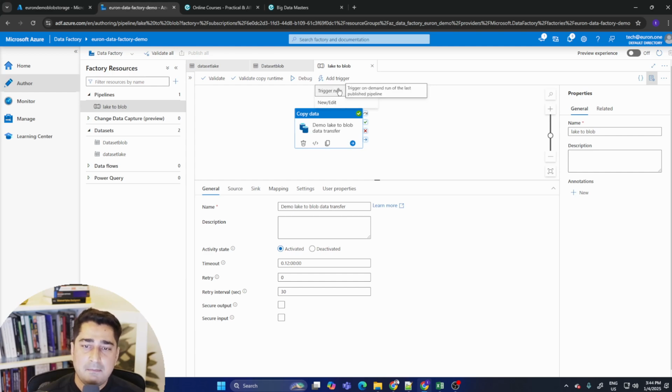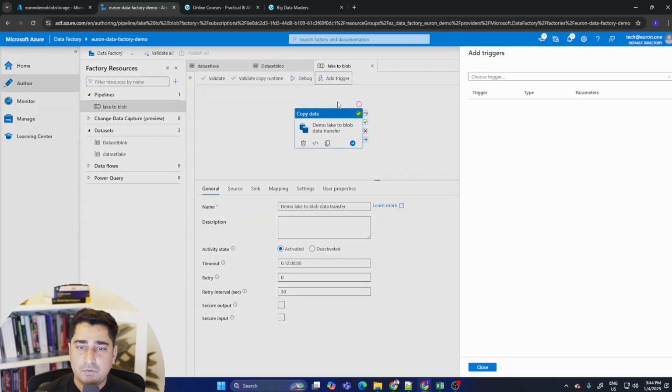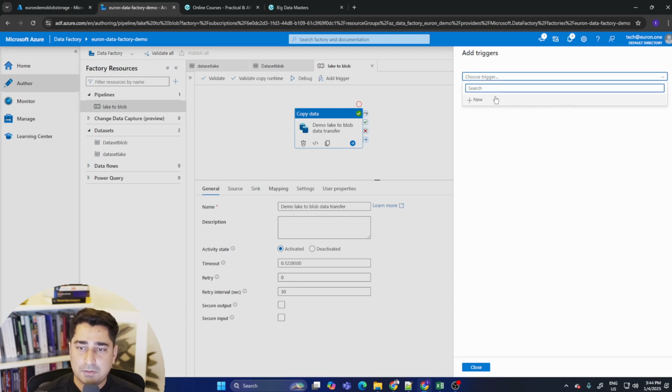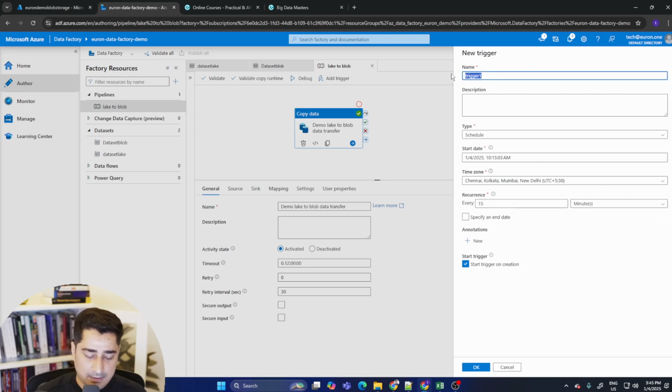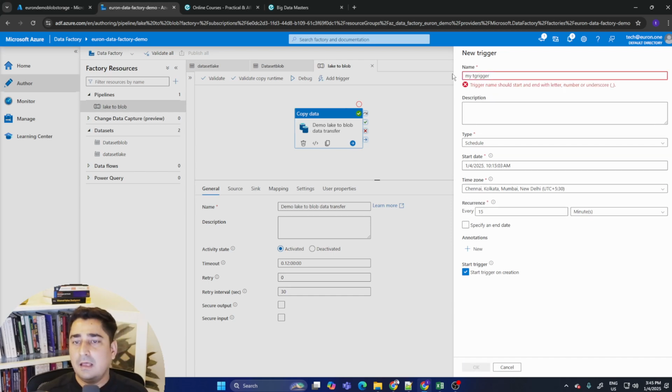So this is basically a manual trigger. Whenever you come over here and manually click, it will be triggered. Otherwise, there is an option called New/Edit, where you can create the trigger that you want. Trigger means at what interval, or with what condition, I would like to trigger this entire pipeline. So I can click on New, and then my trigger,